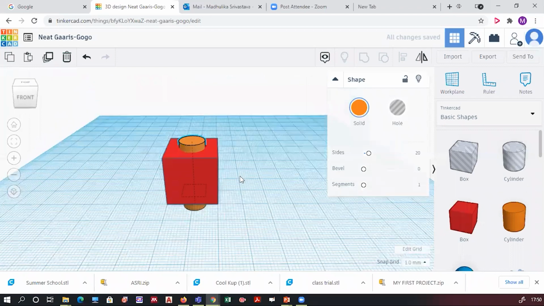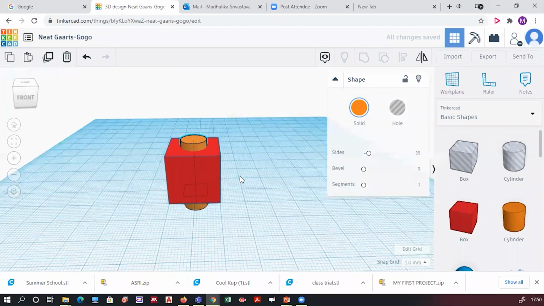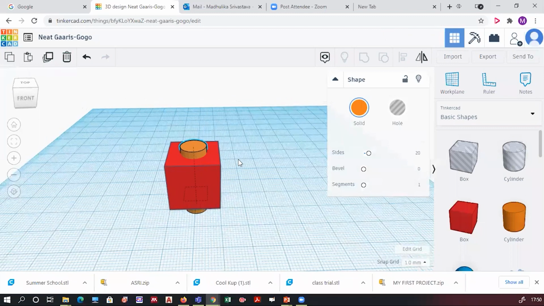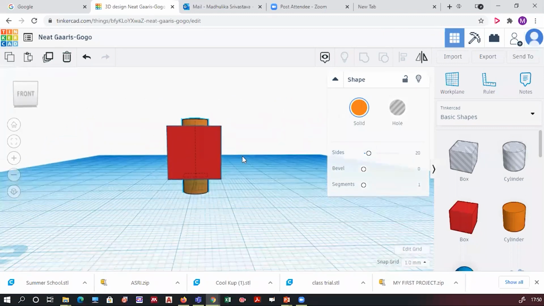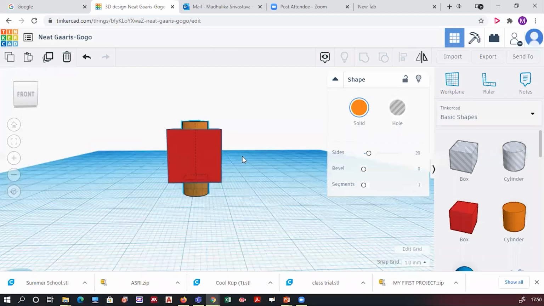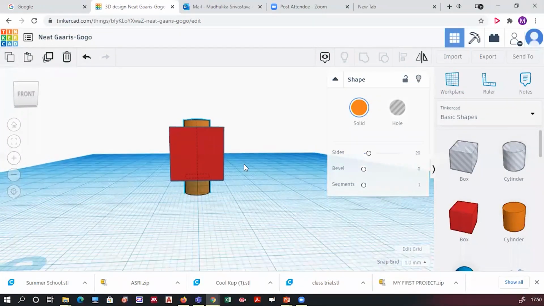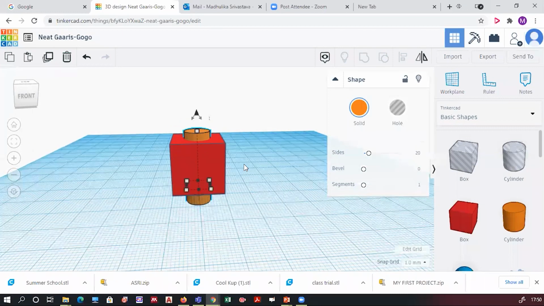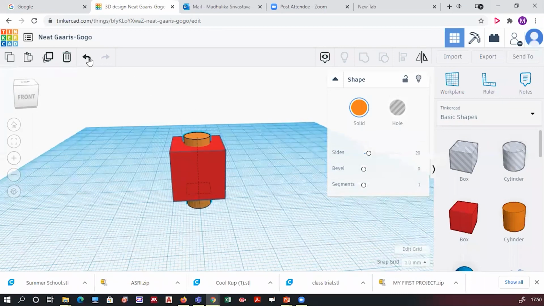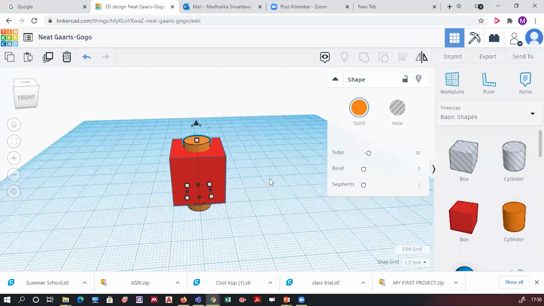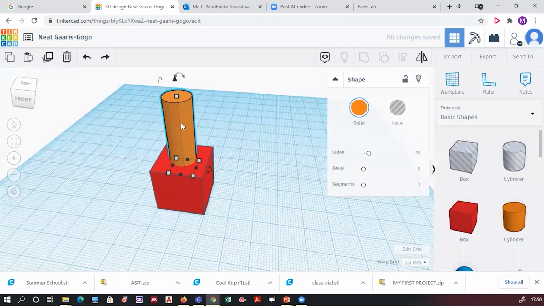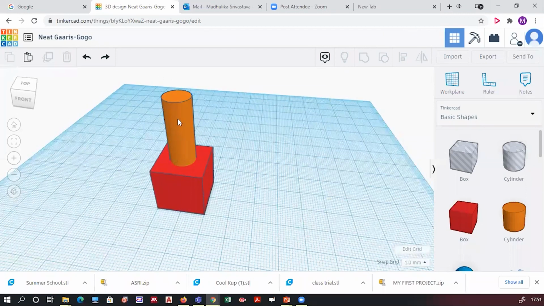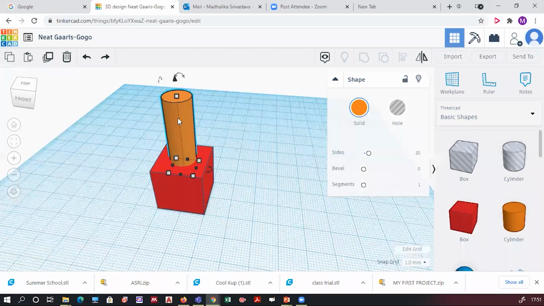Okay, and right click, hold it and just rotate your screen, right? If you are moving the whole cube along with the cylinder, that means you have selected both the objects. Select only the cylinder. I repeat once again, you have to select only the cylinder. When you have ungrouped it, it will appear to you in two colors. After that, you have to select only the cylinder. Take your cursor to the cylinder and click it. Okay. And then you drag it inside.